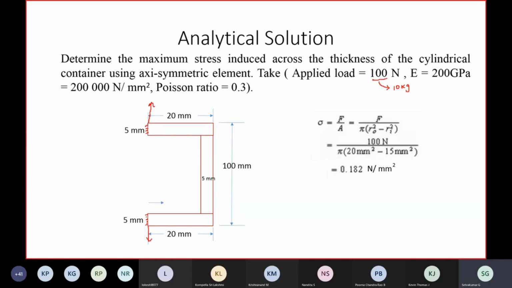Symmetry condition means the software will understand that the similar portion exists with respect to the y-axis. This whole reflection is available like this. It will understand, so that here I can give the boundary condition. While solving the problem in ANSYS, I will show how to do this.